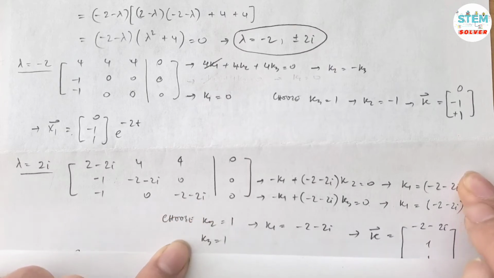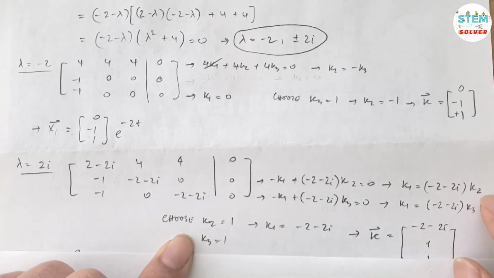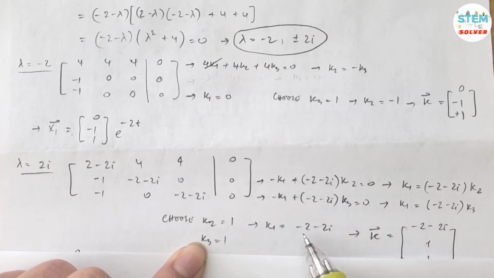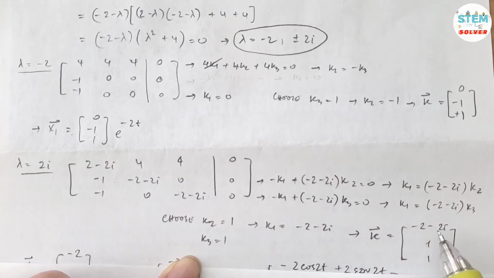Okay, now if I choose k2 equals 1, k3 equals 1, that gives me k1 equals -2 minus 2i. Then my vector k is (-2 minus 2i, 1, 1). Okay,